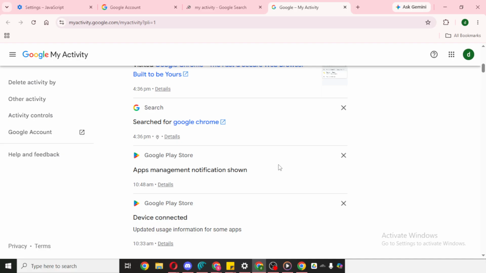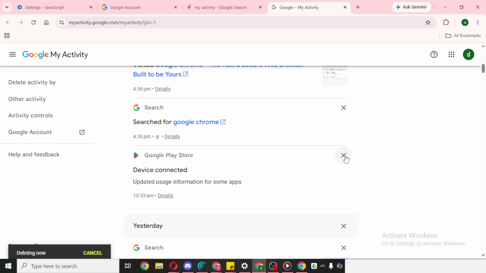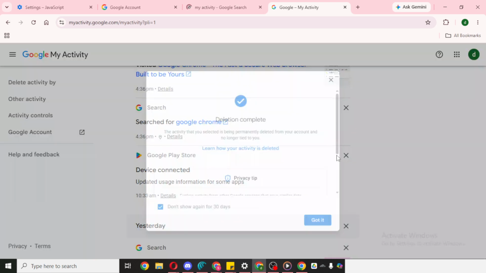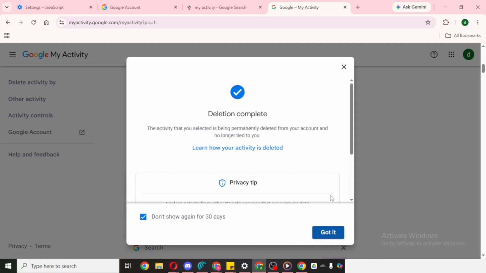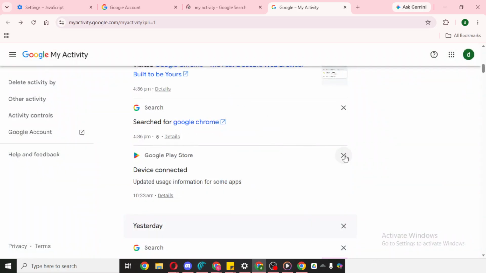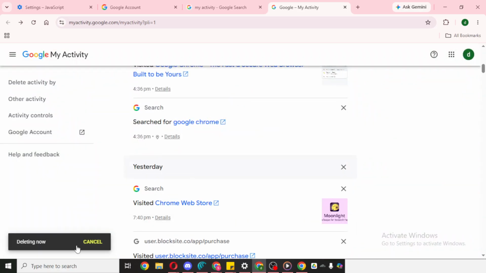One very important thing to understand is what happens if you delete an item from this page. If you click the X next to an activity entry, that item will be removed. However, there is a small window where you can recover it by clicking Cancel immediately after deleting it. So if you remove something by accident, act right away and select Cancel before doing anything else.